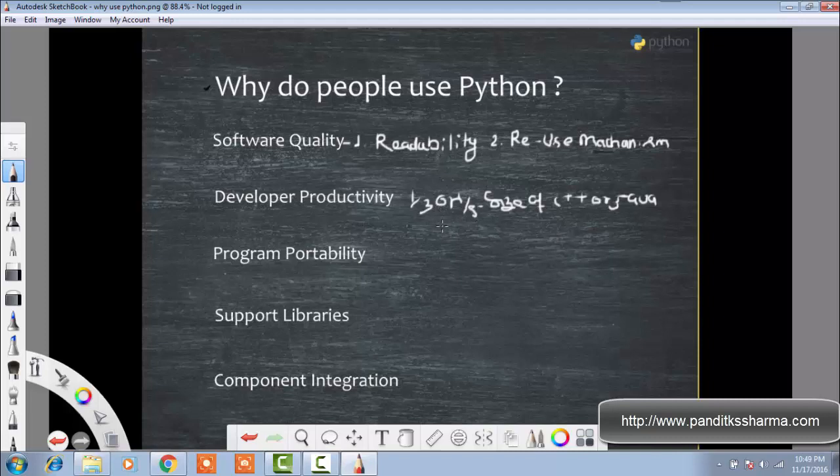So less to type, less to debug. If we have less syntax, then we can easily debug it in minimum time. So developer productivity will be increased in Python.